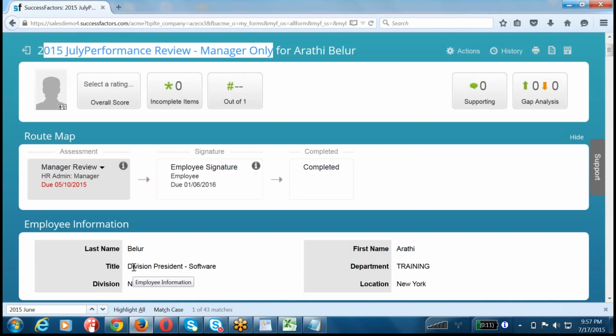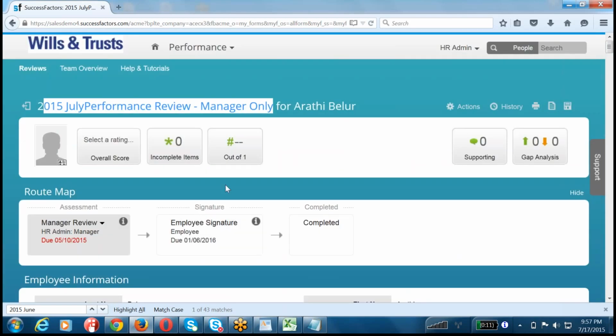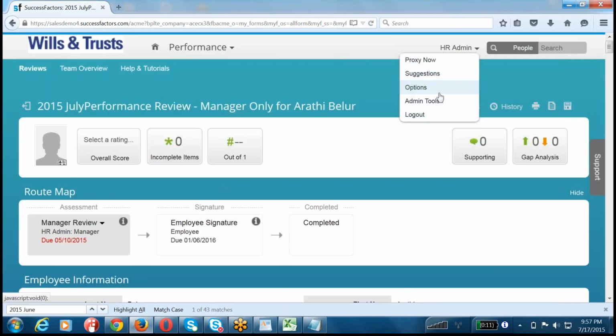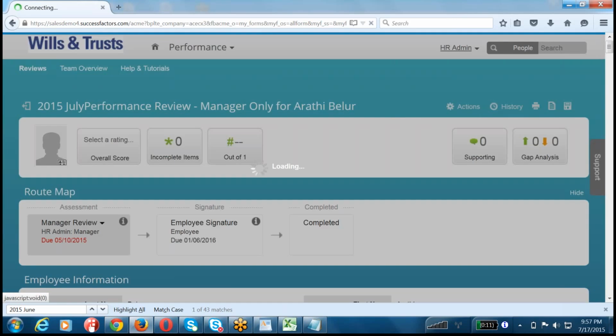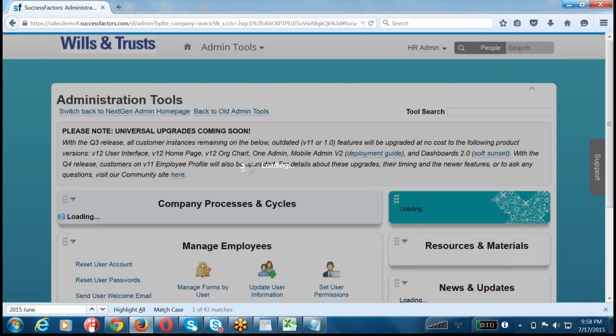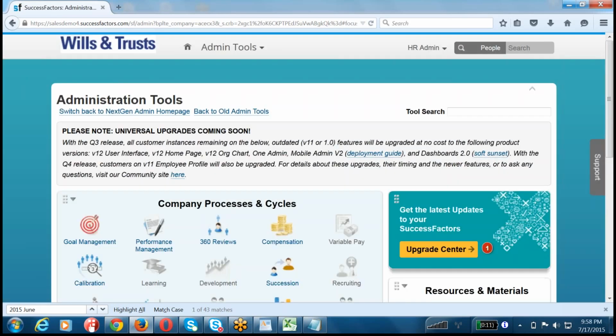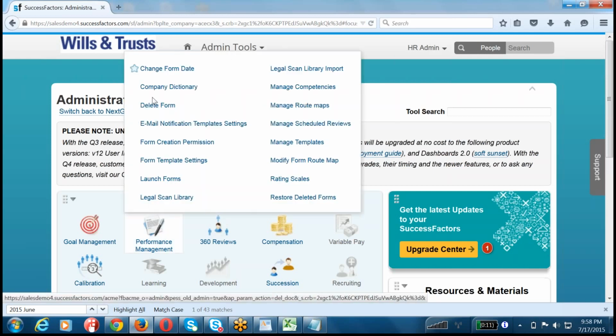So that might be, for sure 99.99%, because of permissions, guys. Those permissions are maintained at a form level: you have permission, it was assigned to you, everything is fine, you are able to access the form, but a couple of sections inside your form you are not authorized to see. So where you are going to control them is, if you go to your performance management and go to manage templates